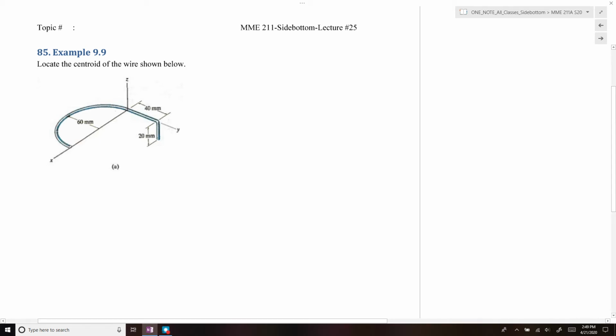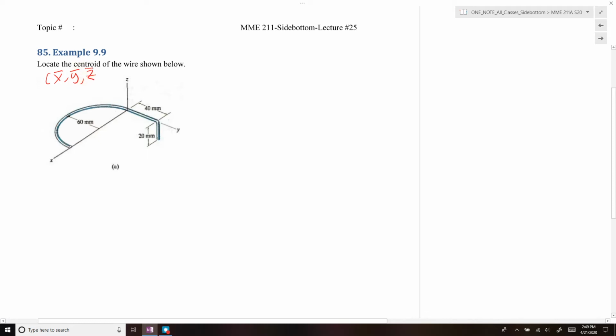So in this example problem, we're going to find the centroid of the wire that's shown in the picture below. This would be a problem where you'd find the centroid of a line composite section. So the first step in order for us to determine the centroid, so we're looking for x bar, y bar,